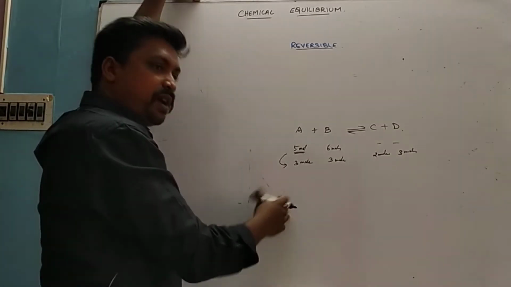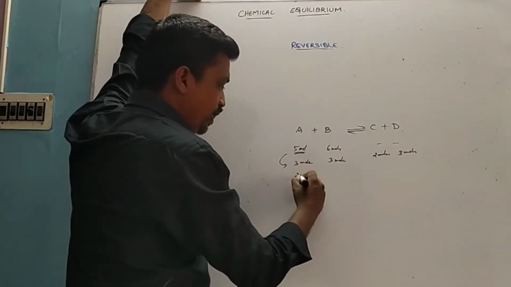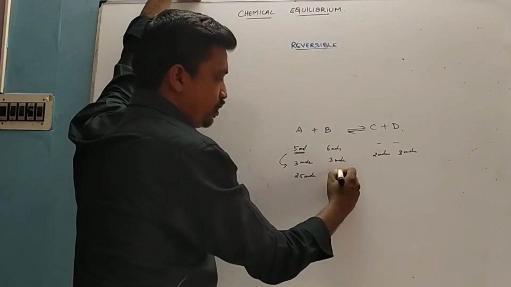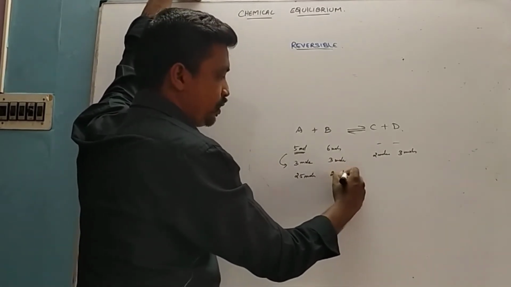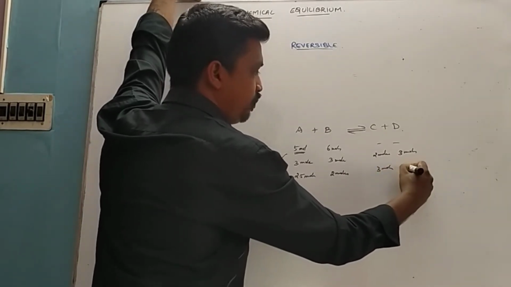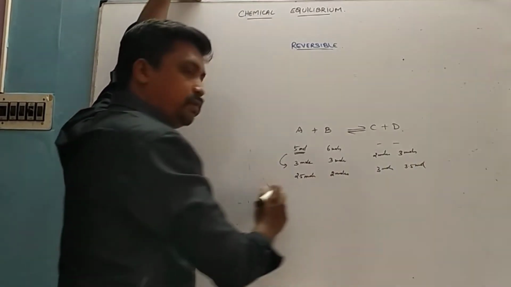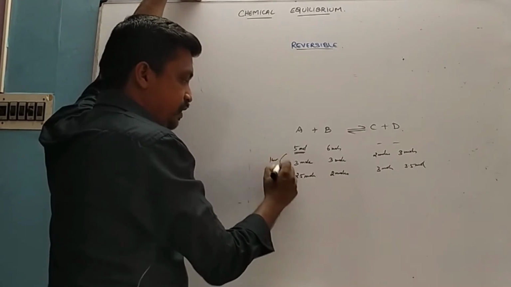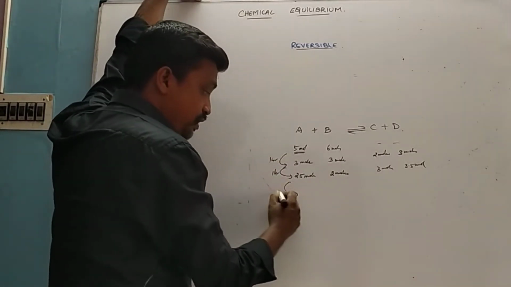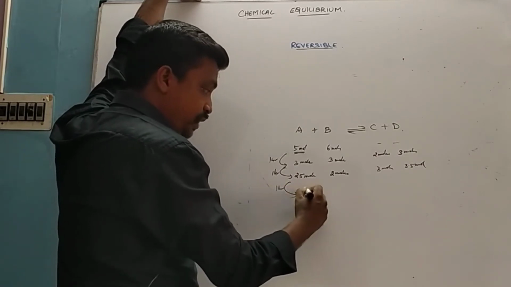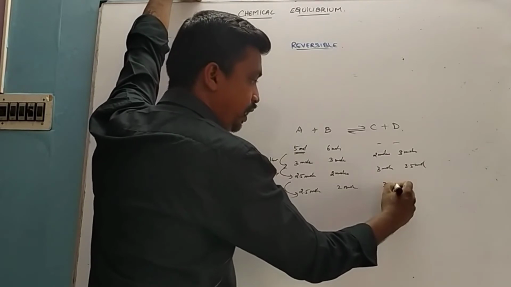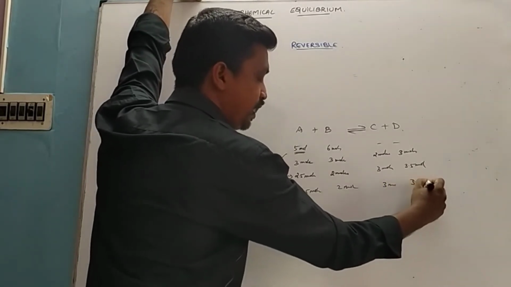Again, after 1 more hour, let it be 2.5 moles, right? Let it be 2.2 moles. Let it be 2 moles. Let it be 3 moles. Let it be 3.5 moles. So this is for the first hour and this is for the second hour. Another 1 hour. If we are checking for the third hour, if the values are the same, 2.5, 2, 3, 3.5, the same values means